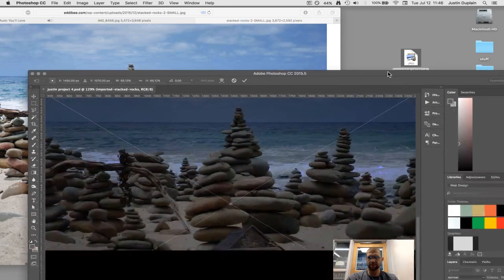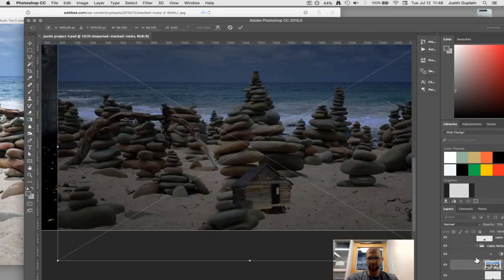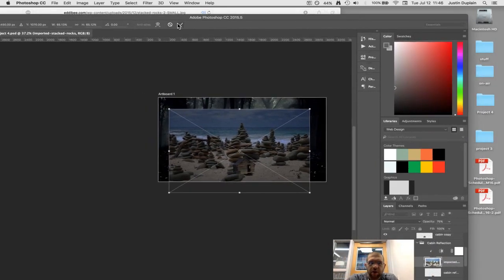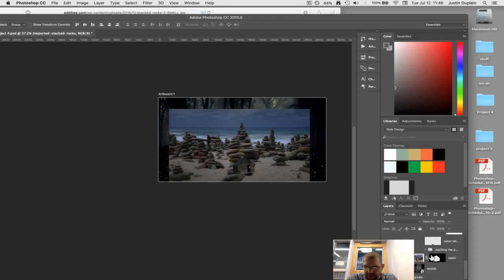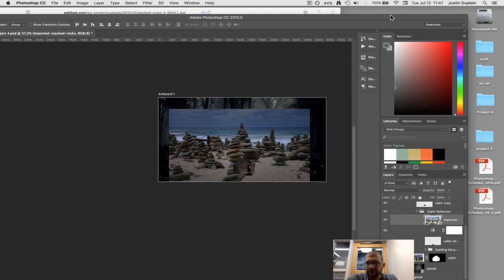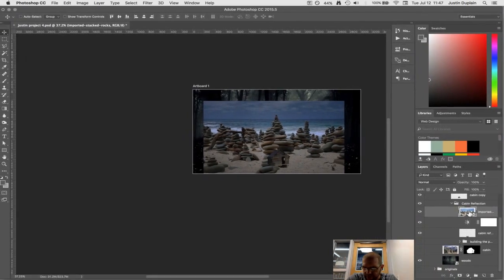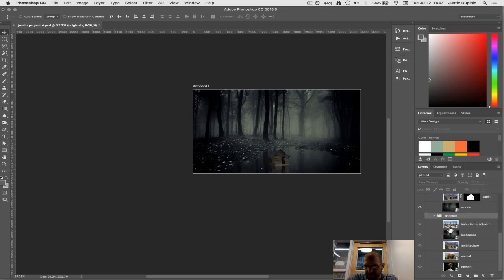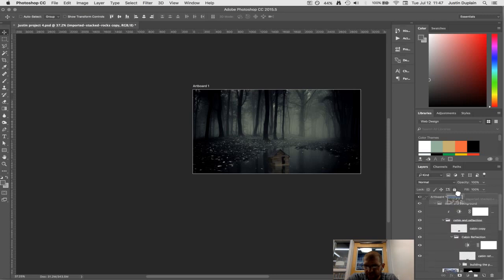Bring this guy right in here. Let's see, it went under the cabin was, but I want this. Let's see, I need to put a copy of this in my originals. I'm not used to working on this smaller screen. Let's see. There's a copy of my stacked rocks. Duplicate that, and so